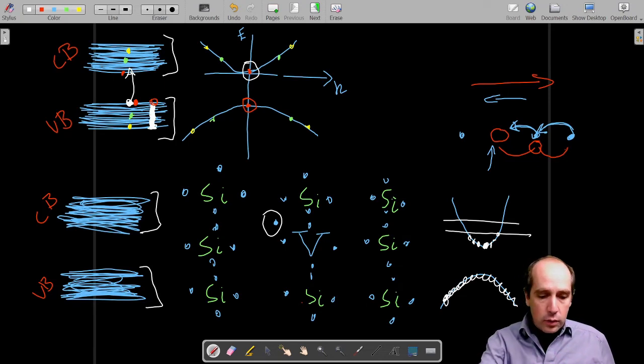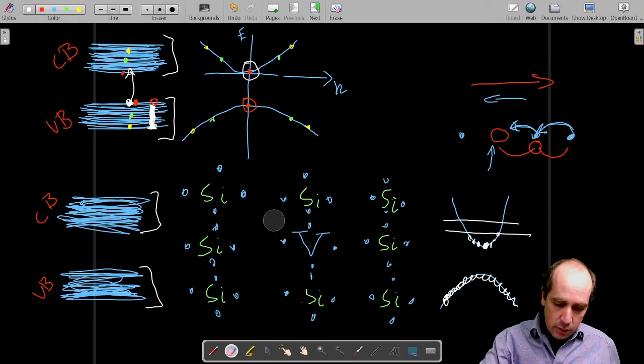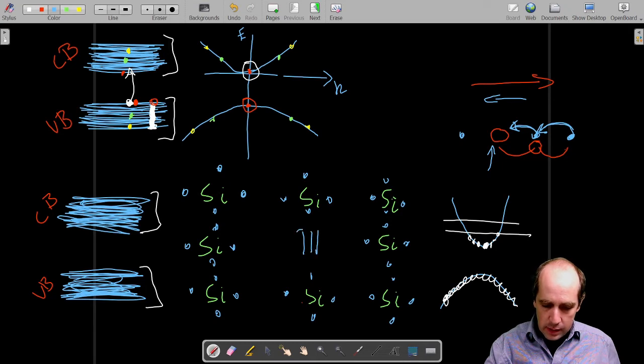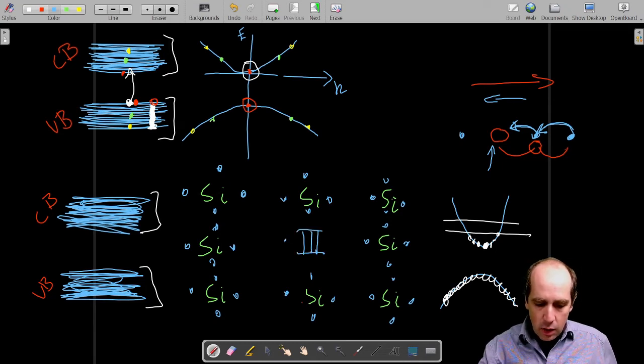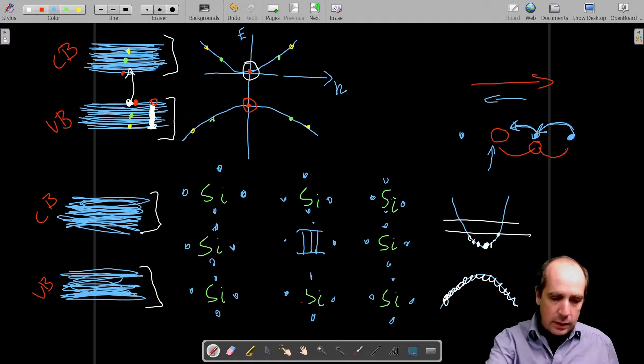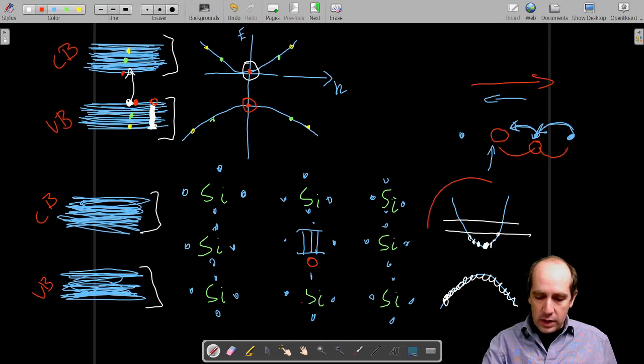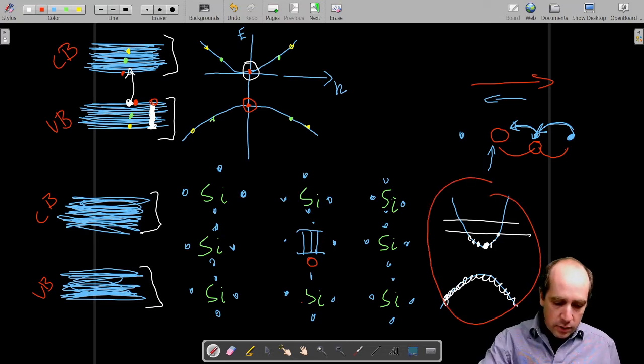So one could, let me erase this. So instead of putting a group number 5 atom, let's now think of a group number 3 atom. And this means that this one will only contribute 3 electrons, but there will be one electron too few in this case. So there will be an electron missing. And again, what this means is that instead of having this picture that we have over here, what we will now see is that,